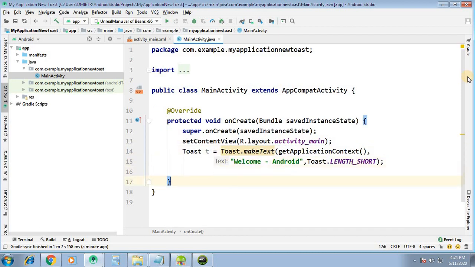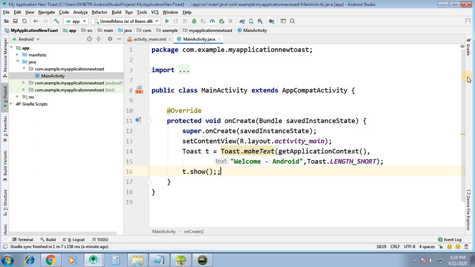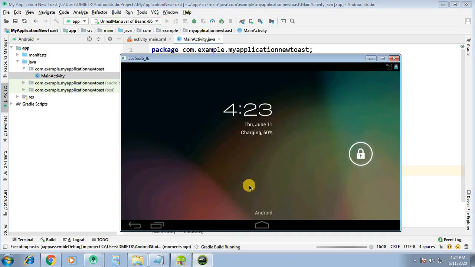This is the syntax for Toast, and then t dot show. It will create the toast with length short. Now we will run it on the simulator. You can see the output.